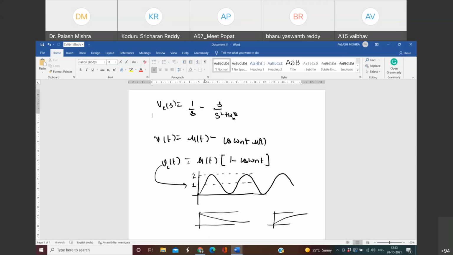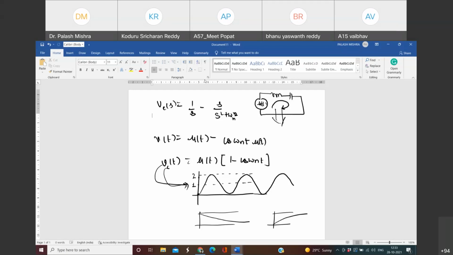The reason is, if the damping is 0, there is no resistance in the circuit, then there is a supply and there is an L and a C, and it will oscillate between L and C. There is no loss of energy. That is what it means, that the voltage will keep on oscillating. Similarly, you can be asked what will be the nature of the voltage if the zeta value is 1, or if the zeta value is less than 1. So that way, questions may be asked in the exam. Any doubt in this?